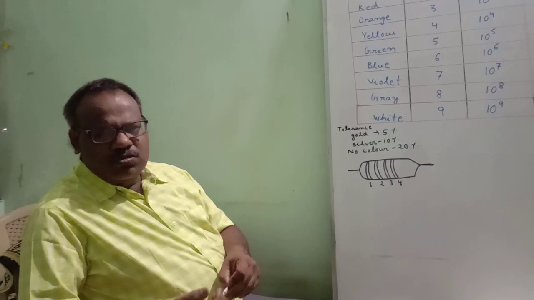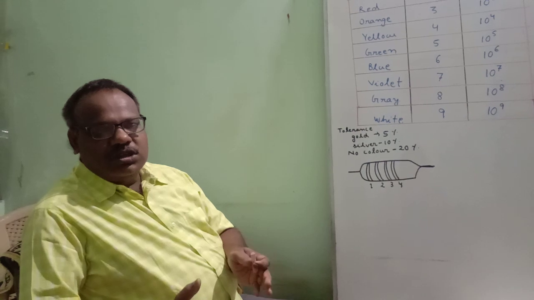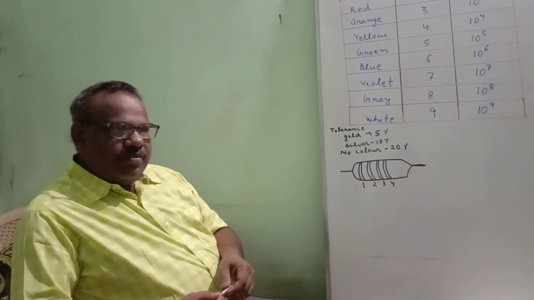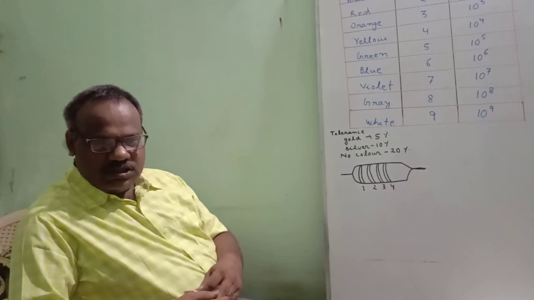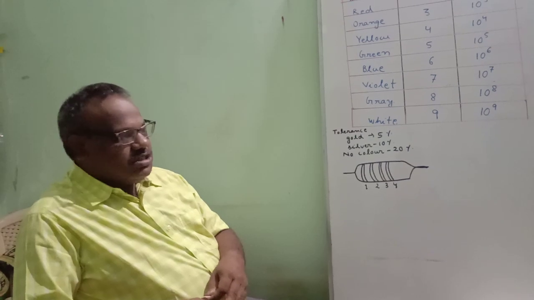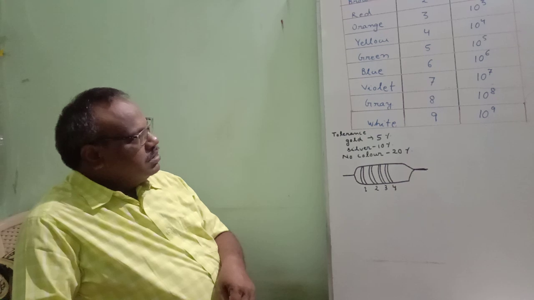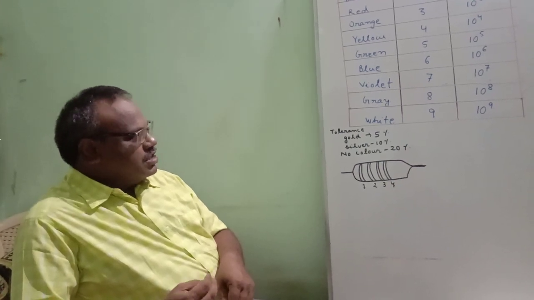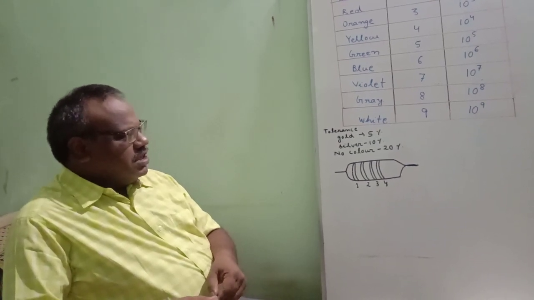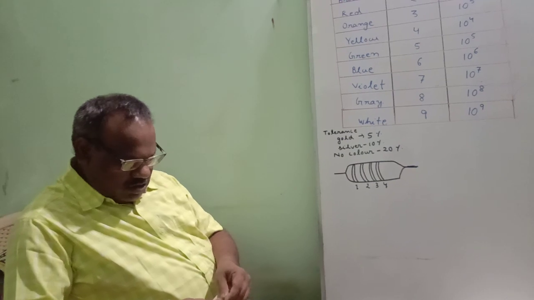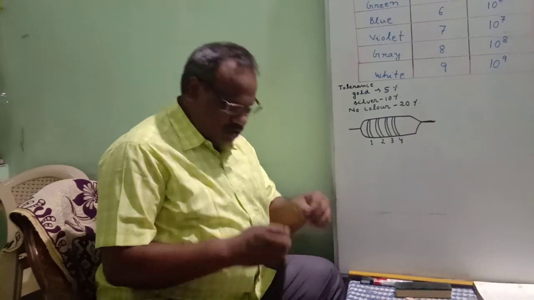But these values are very small. When we are fabricating electronic instruments, we usually require a large amount of resistance in a very small space. For that, we are using carbon resistors. For a carbon resistor, the resistance is not written there. A carbon resistor looks like this. You can see this is a carbon resistor.